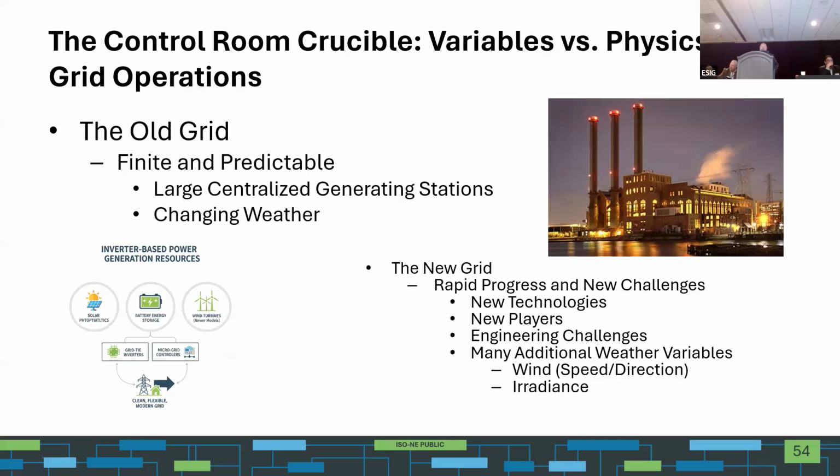We also had to deal with changing weather, but as long as we knew what day of the week it was, whether it was a holiday or not, and what we could expect for temperature and the type of weather conditions, we could pretty much predict what we were about to see, and we could do that with pretty high accuracy. Now, as the grid is changing, we're rapidly progressing and developing new technologies, installing these new technologies, which are